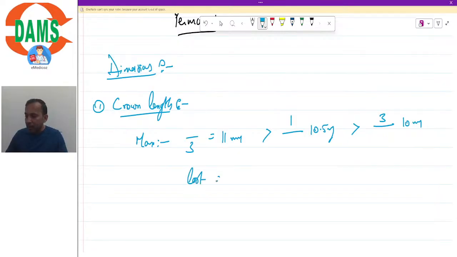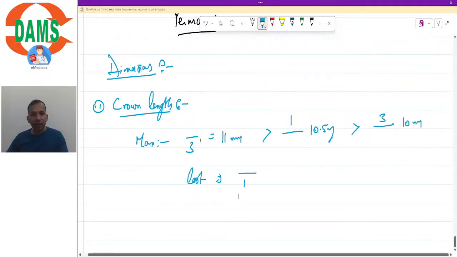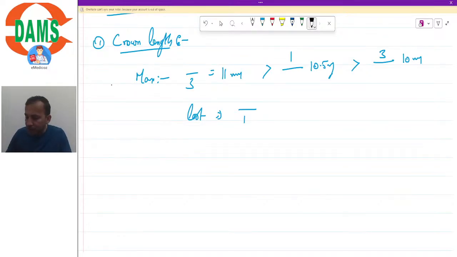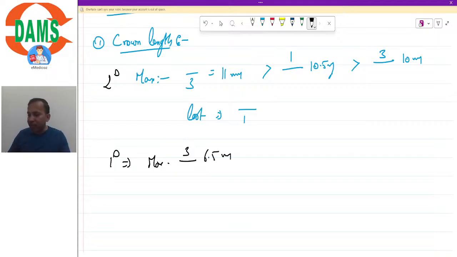Least would be mandibular central incisor approximately 9 millimeters, right? So least is of which tooth? Mandibular central incisor, maximum mandibular canine, right? In case of primaries, this is permanent. In case of primaries, maximum crown length would be of maxillary central incisor and it is somewhere around 6.5 millimeters, right? So maximum is upper canine and minimum